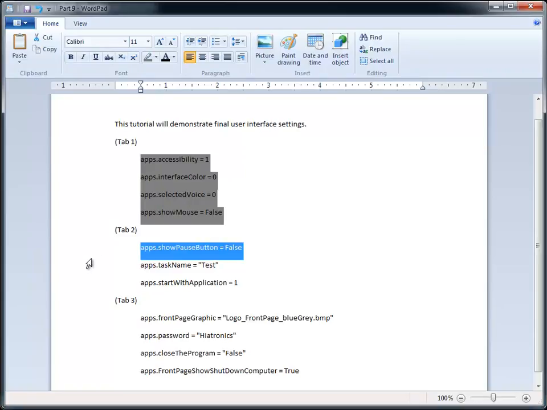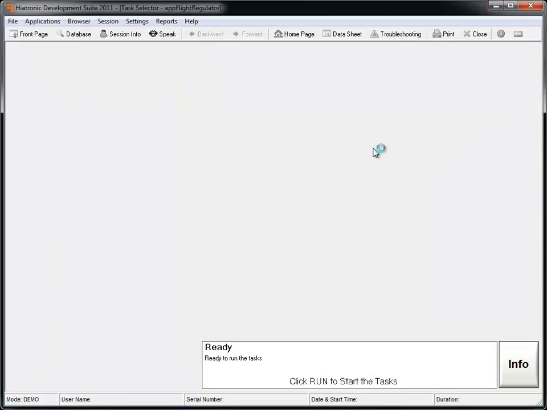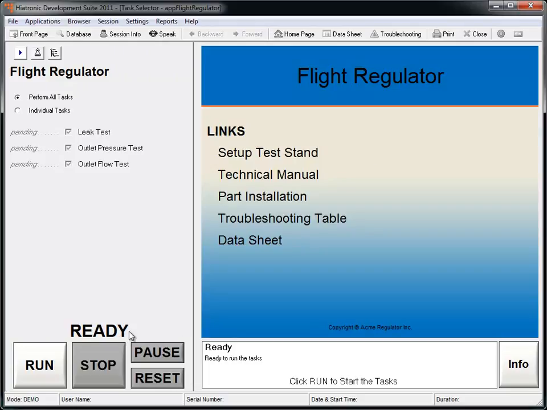Next, we're going to change apps.showPauseButton equals false. So if you look, right now we have a pause button. In some